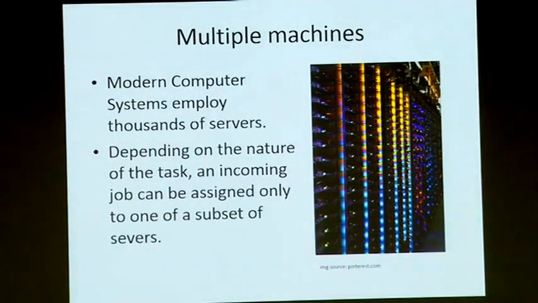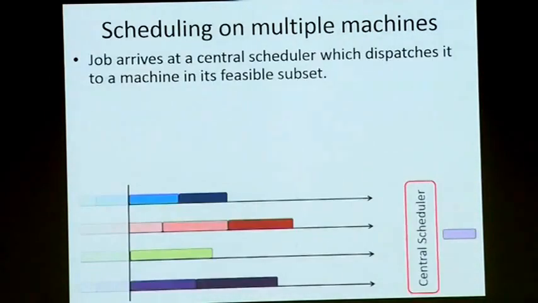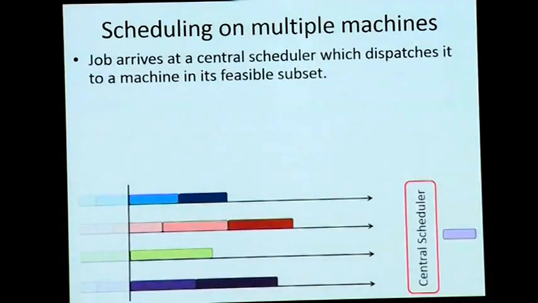Okay, multiple machines. So single machine was just really a toy problem, right? Most modern computer systems have millions of processors. Okay? And a job that is coming in usually comes with some restrictions, right? What I mean by that is that it cannot just be scheduled on any one of those million processors. Quite often the restrictions have to do with the software that is installed on that particular system, or security policies, or many other things. So we'll assume that a job that comes in can only go on a subset of the machines. Okay? That's what I mean by a heterogeneous system.